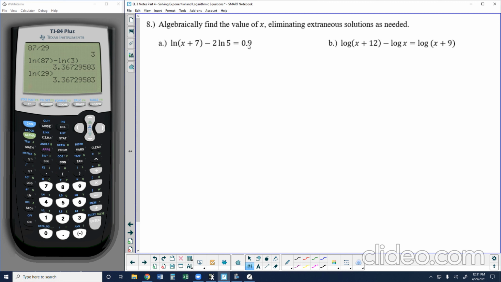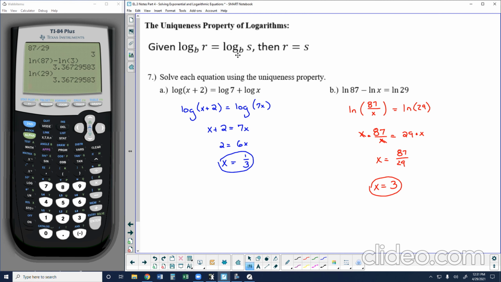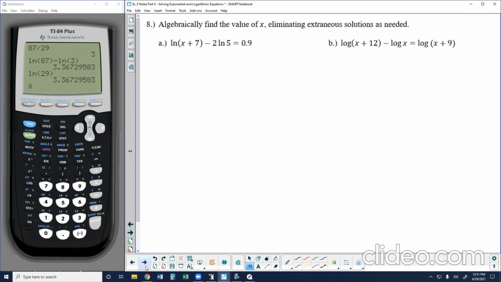So I'm not going to be able to use the uniqueness property because I'm going to have a term here that does not meet the criteria of being just one single logarithm. However, I can use the fundamental property of logarithms. I can only use that if I have a single logarithm, 1 in my entire equation, based on what we know. So what I want to do is use some of my logarithmic properties on the left side of this